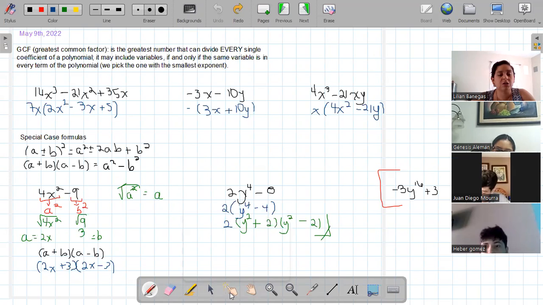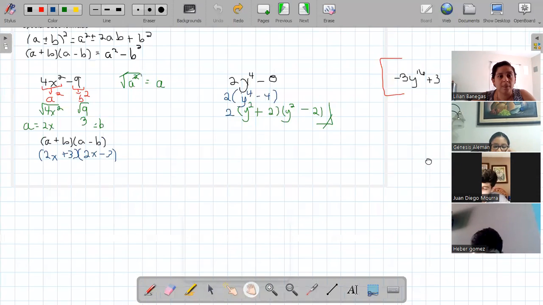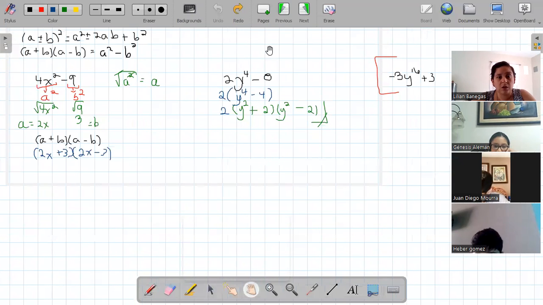So today we're going to continue the topic that we started yesterday. Yesterday we started factorization with the GCF and we started factoring special case formulas. We were only able to see this formula in here for the factorization, okay? That is the difference of squares. So we're going to continue now with the factorization using other methods, using this other method, which is the perfect